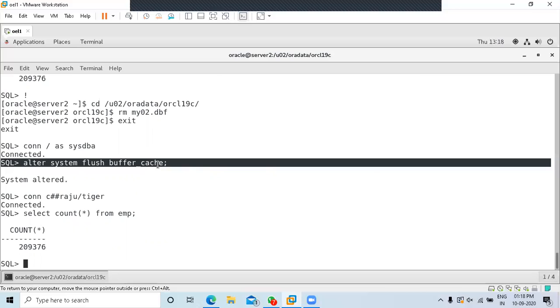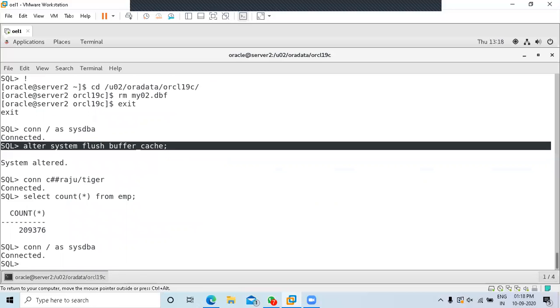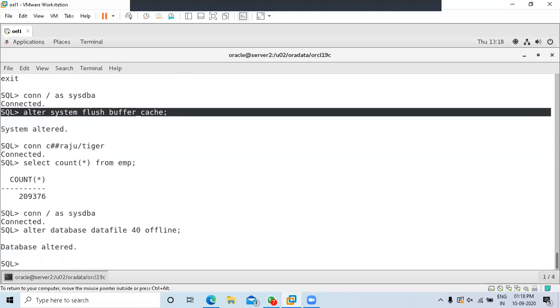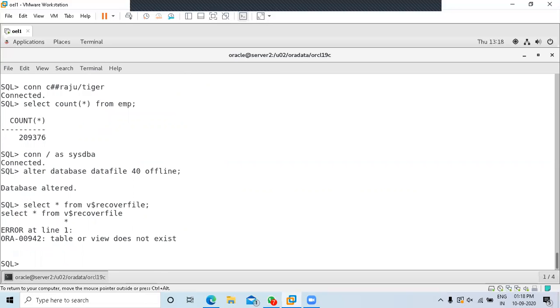Now what I'm going to do, connect as sysdba, because right now I'm more interested in recovering that file. So without shutting down the database or even before the database gets crashed, I go ahead and alter database datafile 40 offline. This is a command I issue to make that particular deleted data file offline. Select star from v$recover_file.